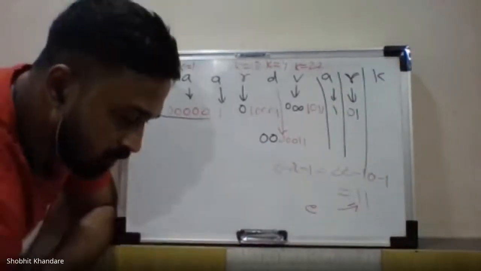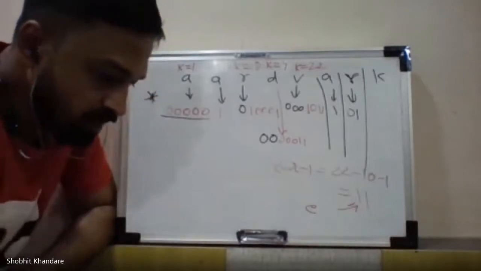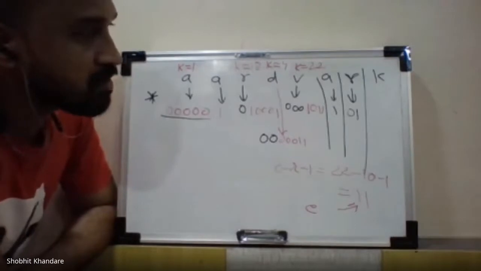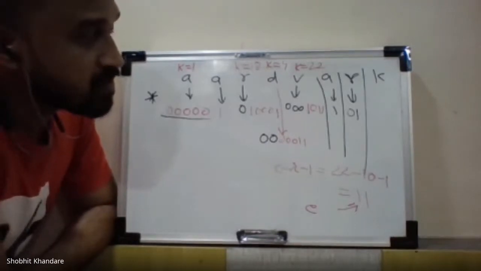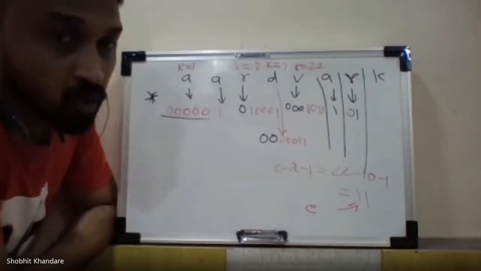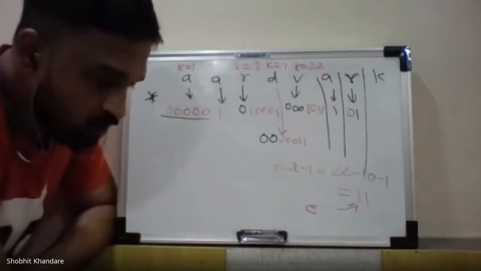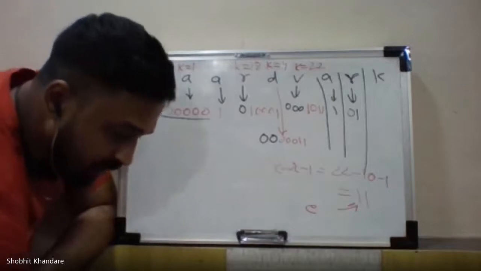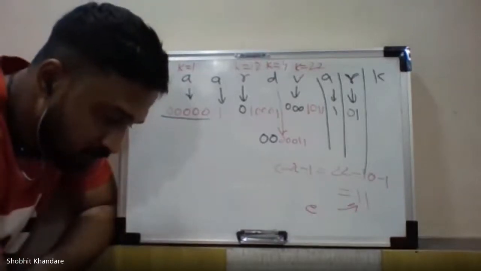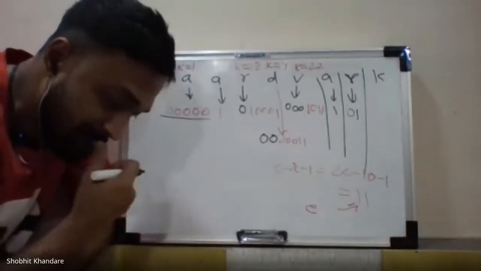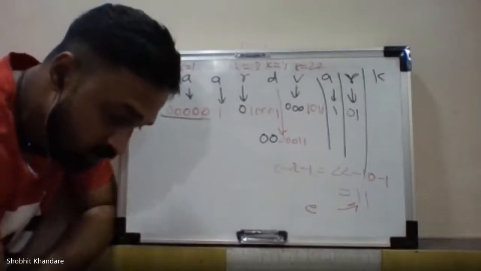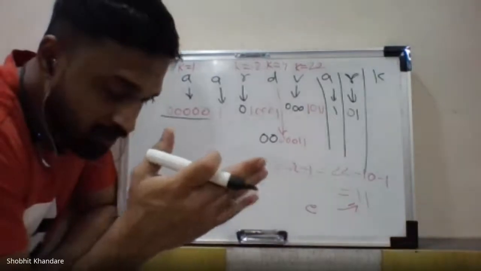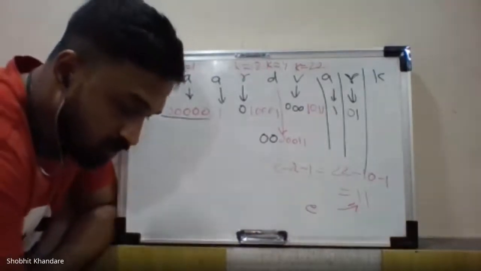Then the last one, the K value. Whether the K has come for the first time? Yes, it has come for the first time. So if it has come for the first time, then we need the NYT code. Now tell me the NYT code. I think this is the last symbol, so go for the last one and tell me the NYT code. Please go step by step.